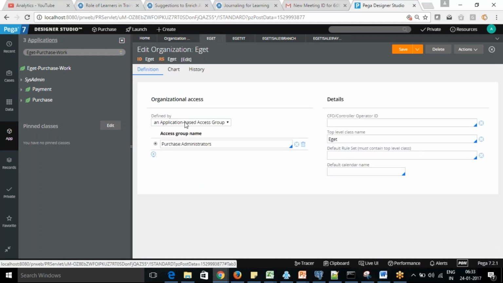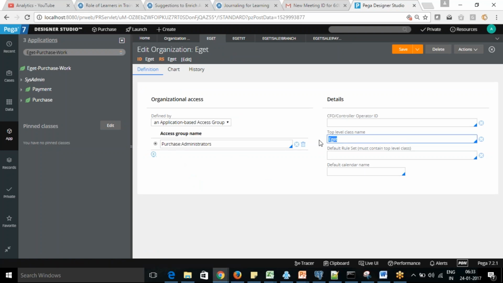For the organization, you can see that it's created by the application, and who should have access to it. Purchase administrator has access to it, and there is the top level class name, and what calendar we are going to follow. For the organization level, you can mention it here. You put the default calendar or US calendar, or depending on your region, you can put calendars.